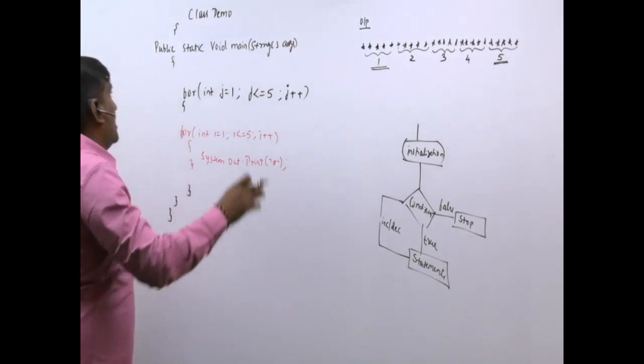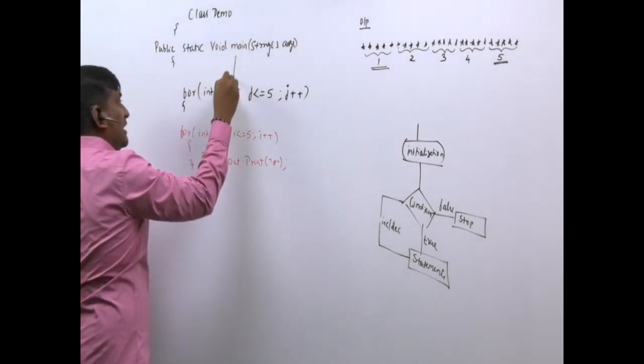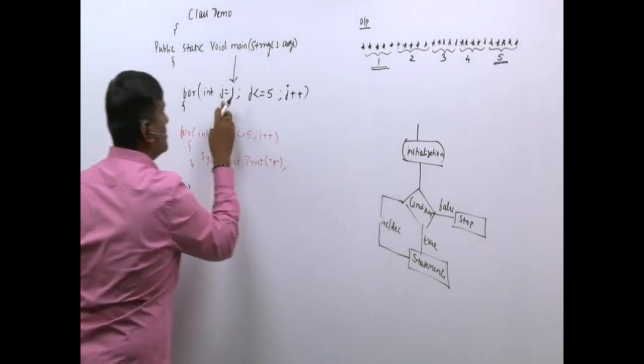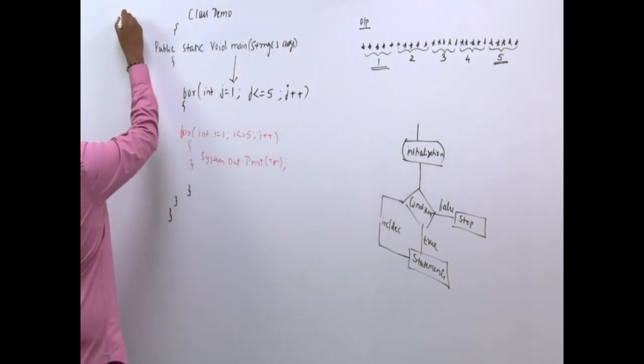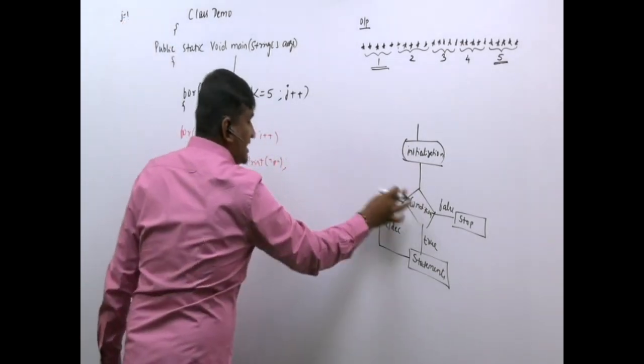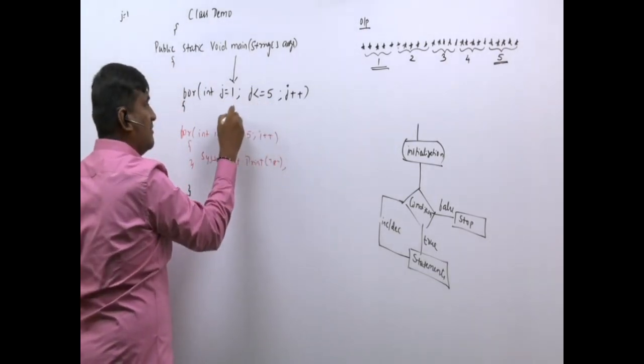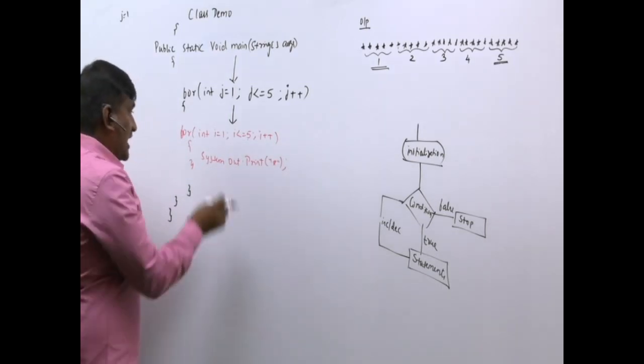Now pay attention. Now the control is given to the main method. Now control will come inside the main method. You know, this is a for loop. First, initialization. So what is the j value? The j value will be 1. After initialization, check the condition. Is 1 less than or equal to 5? Yes, come inside. Again, I have a for loop.